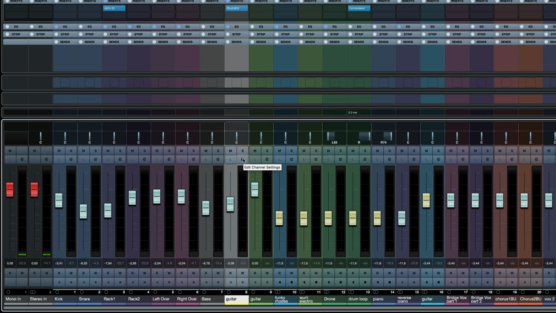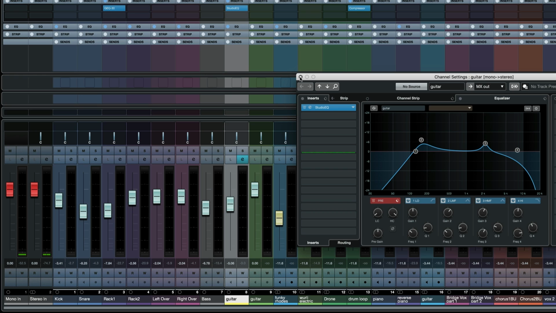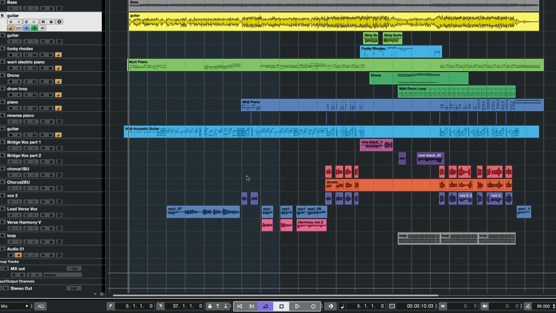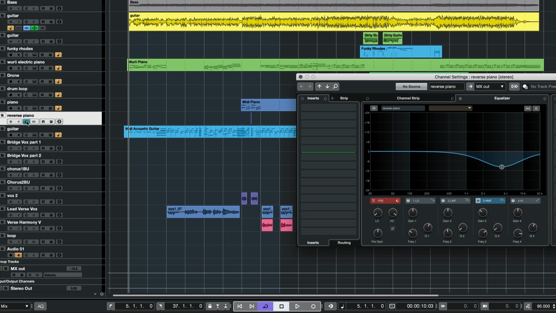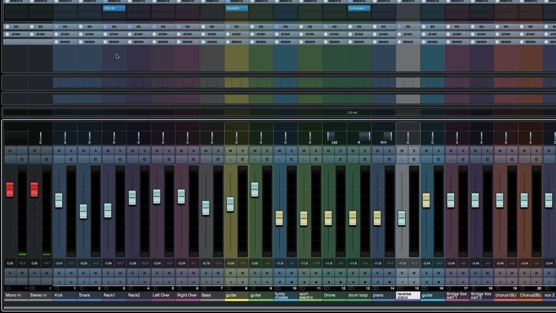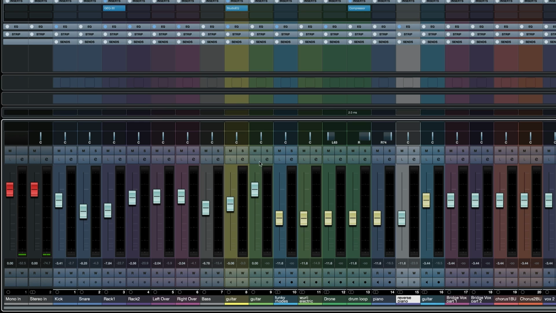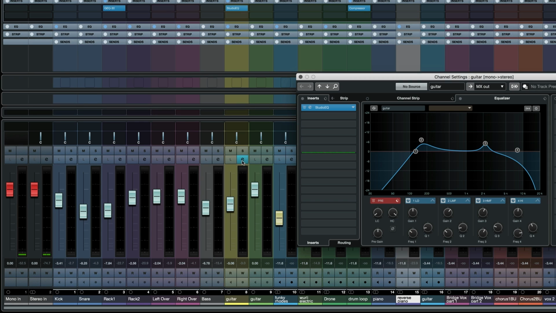This is a pretty handy button to be aware of in the software itself. Anytime you hit the letter E, it will pull up a detailed view of whatever it is you're working on. Similarly, if I go to my reverse piano, there's an E, and it will pull up the exact same thing. So it's a good thing to note in terms of consistency within the software that your E will bring up, in this particular case, your channel settings. It's basically everything you would need to address for each channel.